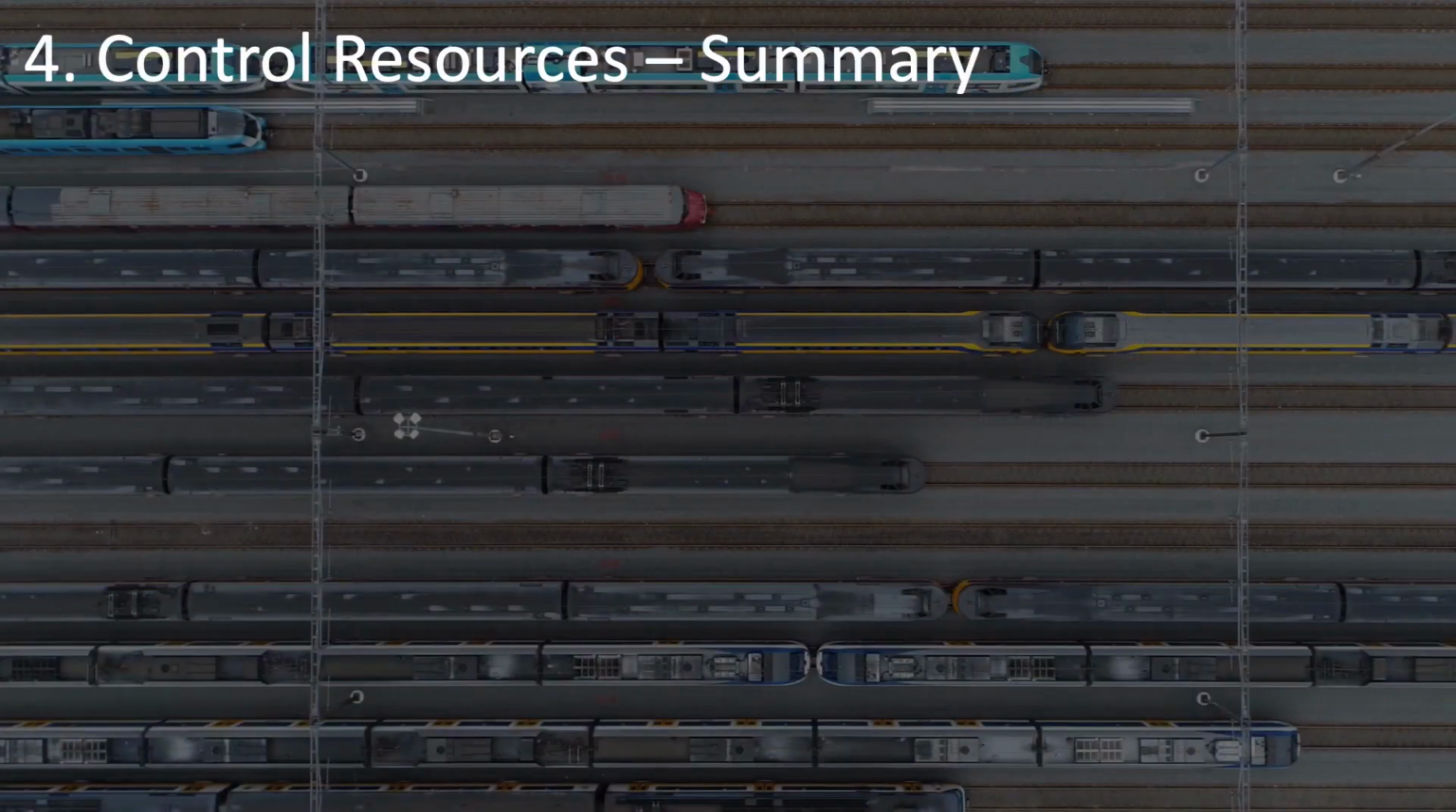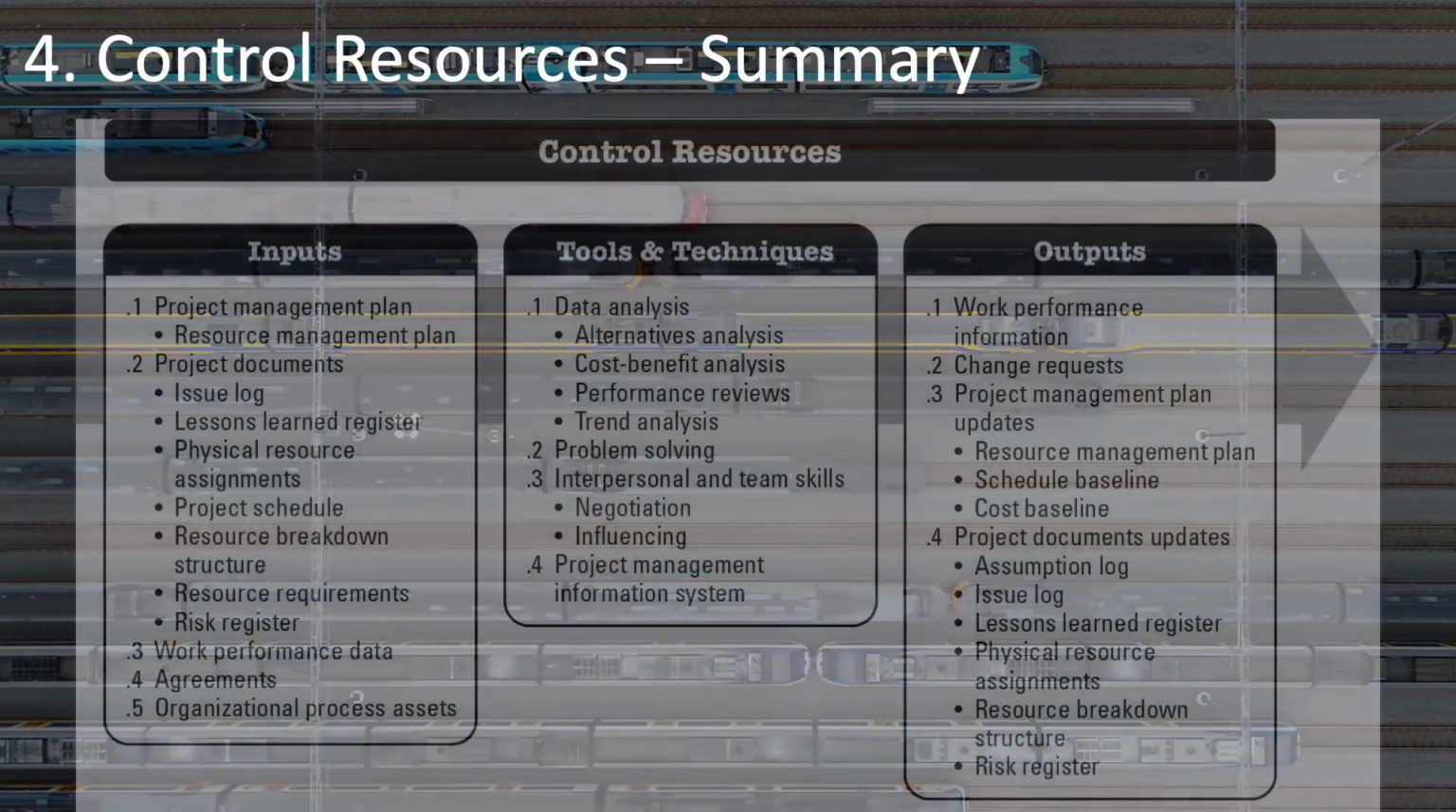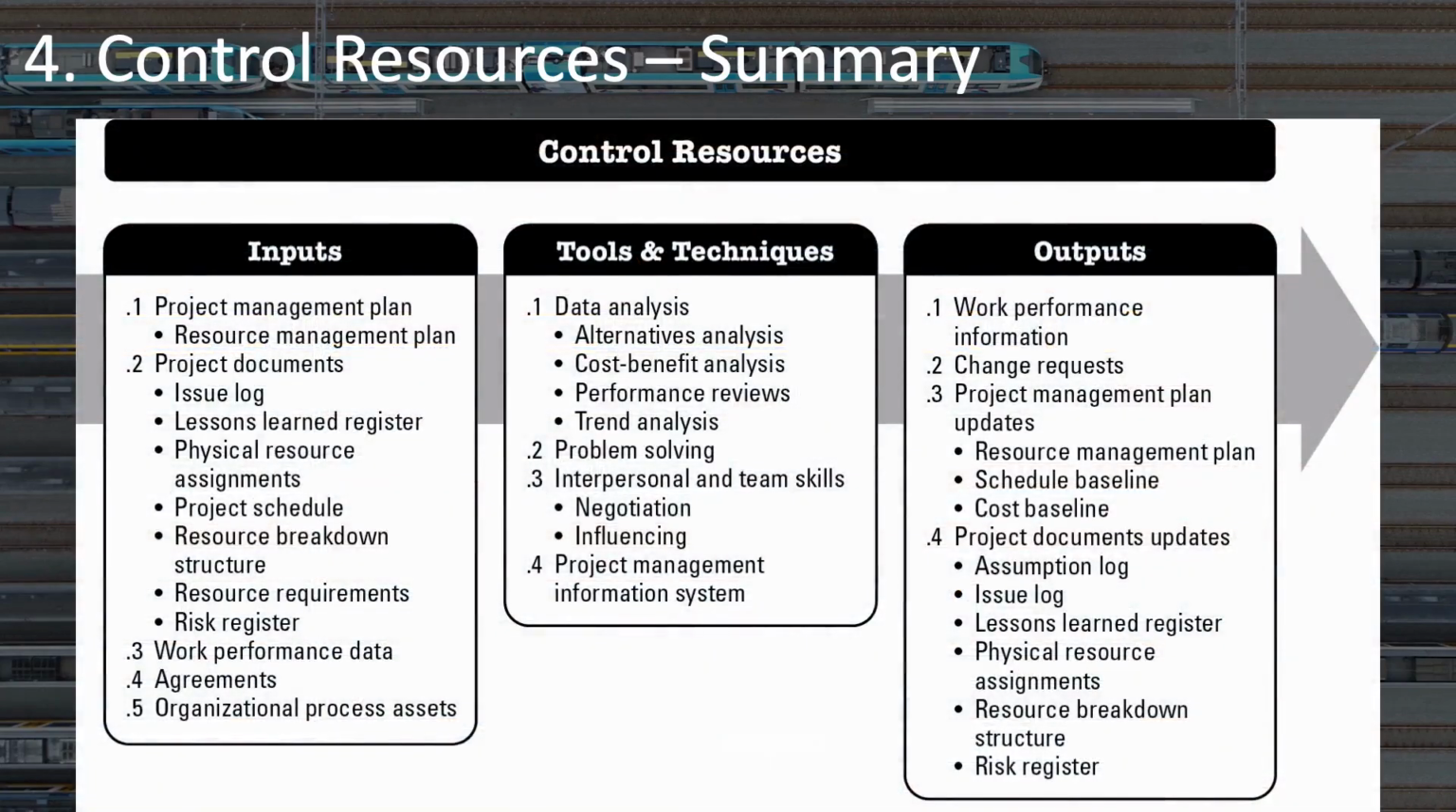How much do you remember of the inputs, tools, and techniques and outputs of control resources? The main input is work performance data, specifically raw data about how resources have been used, what's been their utilization, how much have they actually cost, have they been used on time, or have they been late or early, and so on. This is then compared to your plans that you have in your